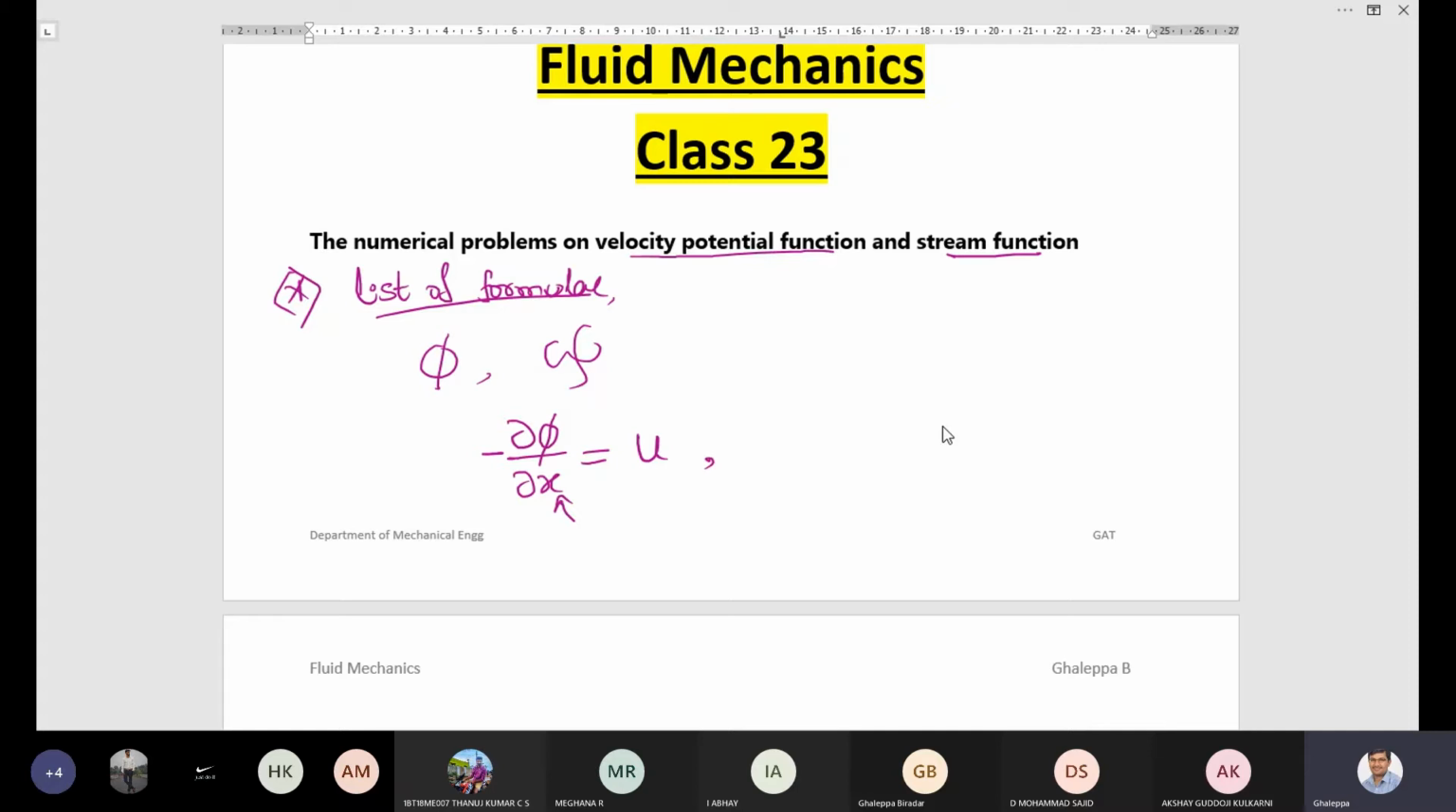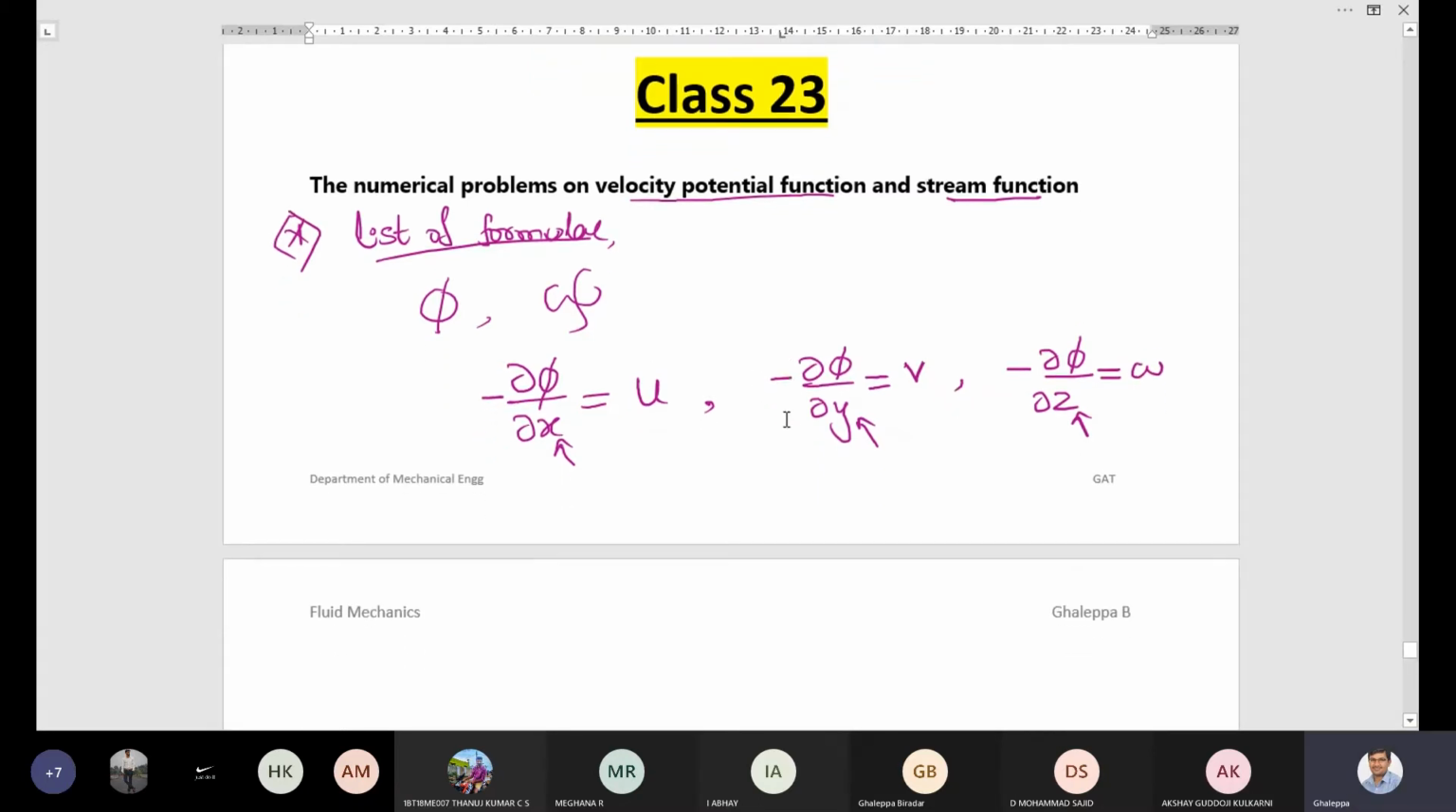Similarly, for y direction, the negative derivative of velocity potential function with respect to y is equal to the velocity component in y direction, v. And similarly, the negative derivative of velocity potential function with respect to z direction is the velocity component in z direction, that is omega. So these are three formulas. The next is